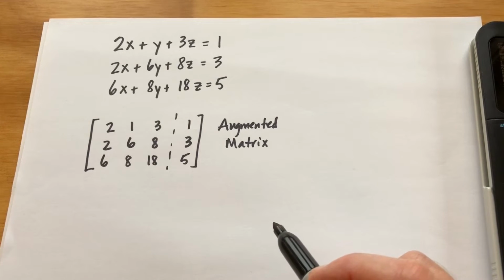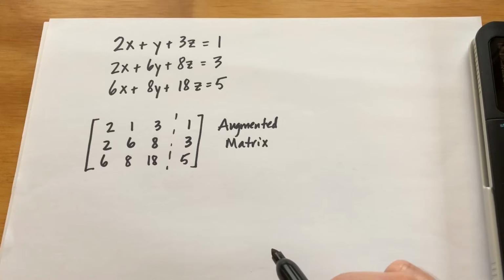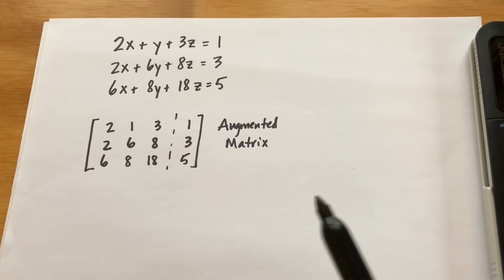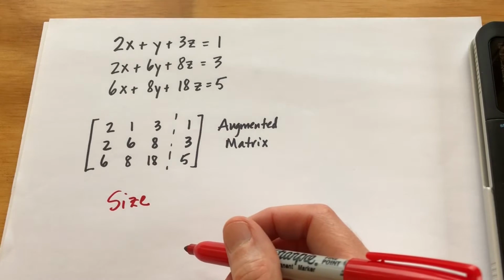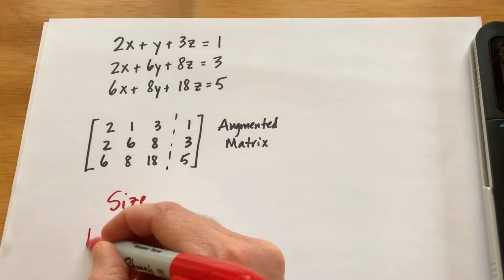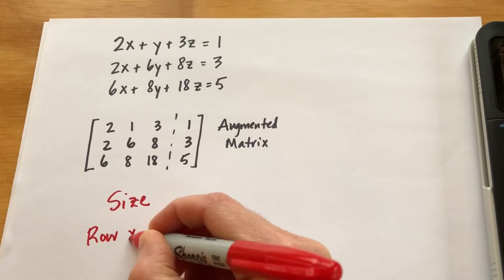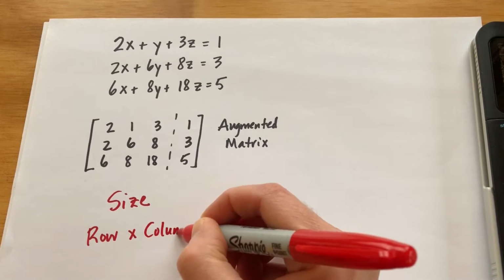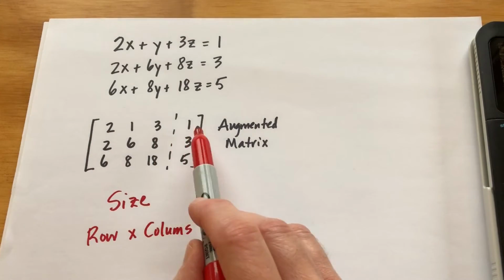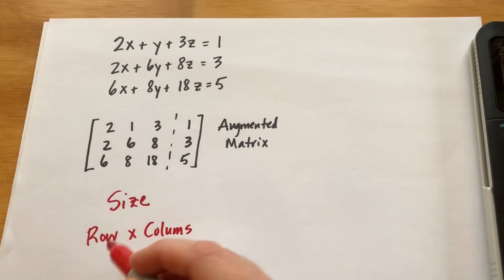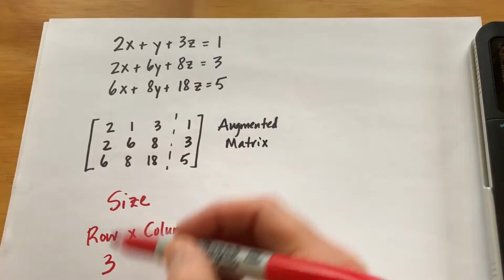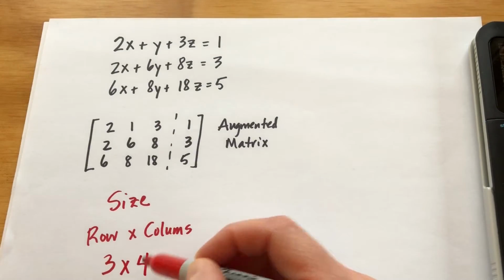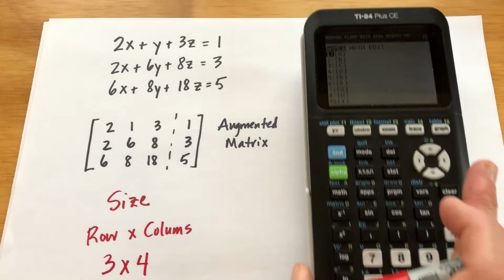And we are gonna type this into the calculator, and like I said, we'll let the calculator do the work. Well, the first thing our calculator is going to want to know is the size of our matrix, and we define that based on the rows and the columns. Rows first, so we've got 3 rows here, we're 3 across, and we have 4 columns. So we have a 3 by 4 matrix. So let's go to the calculator,